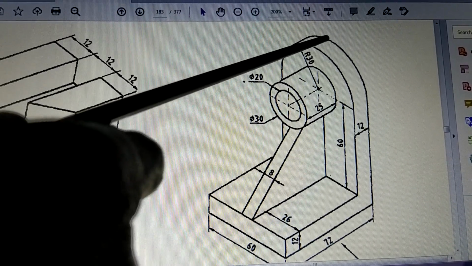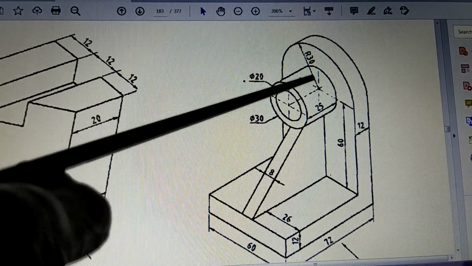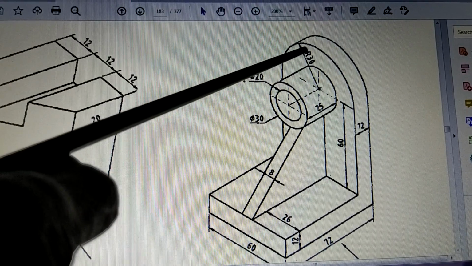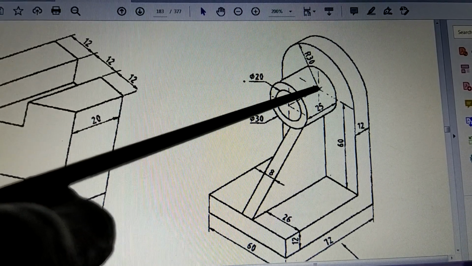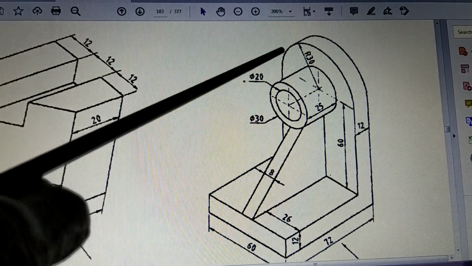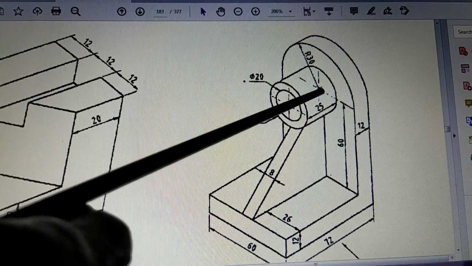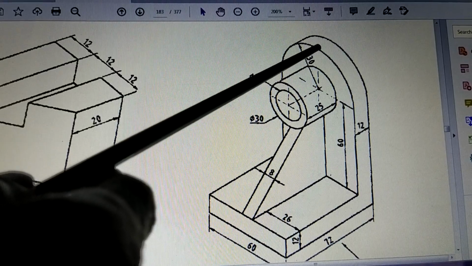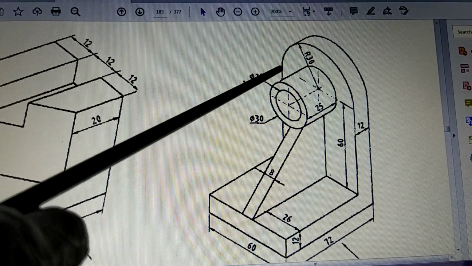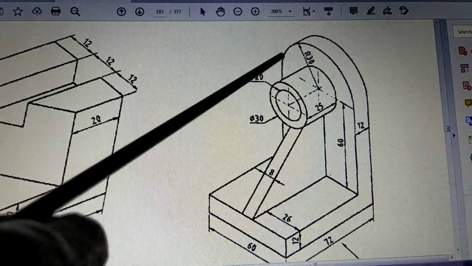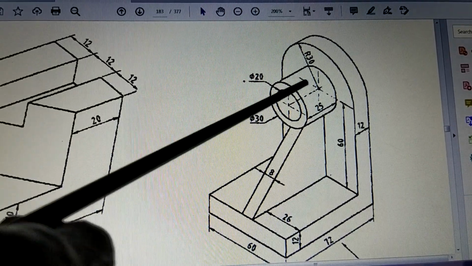Now what is this height? That height you can get from this dimension. The dimension says R30, that means radius 30. So from this point, this circle is drawn by taking a radius equal to 30. That means this distance is 30. This vertical distance, the maximum point, is 30. And again on this side also it is 30. So it is a semicircle, a half circle of radius 30 that is drawn.